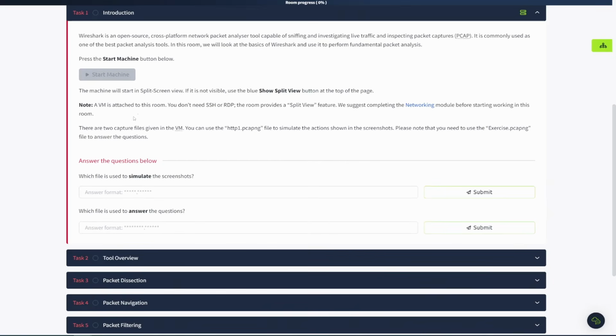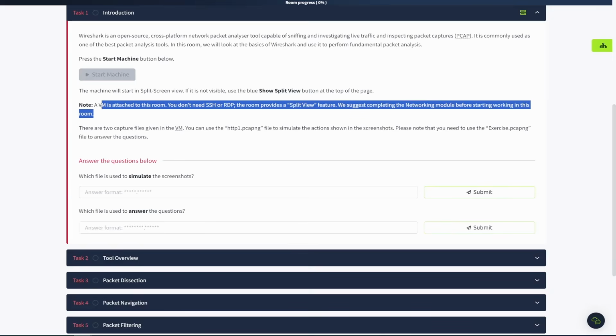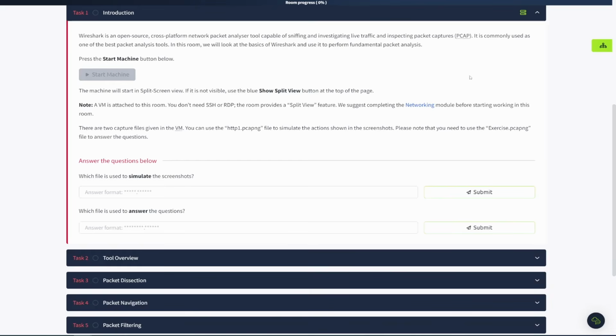This room also recommends that you have some basic networking knowledge, so make sure that you do. If you don't know anything about networking or the OSI model, check it out. TryHackMe has a bunch of different rooms for it. I have walkthroughs for most of their fundamental level rooms on my channel, so you can check those out there. And as long as you have that, you should be able to cruise through this room and learn how cool